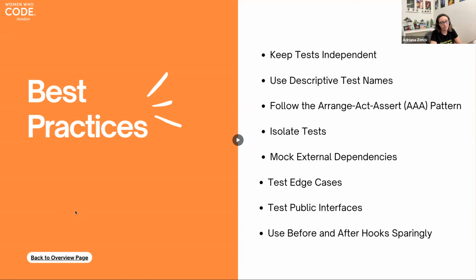The edge case is what I mentioned: you should not test only one case. If you do a sum, just 5 plus 5, it's 10. This is normal. Okay, but what if you test, let's say, if there is an object and you can add anything, then you can test with not a number, sum not a number. What is the